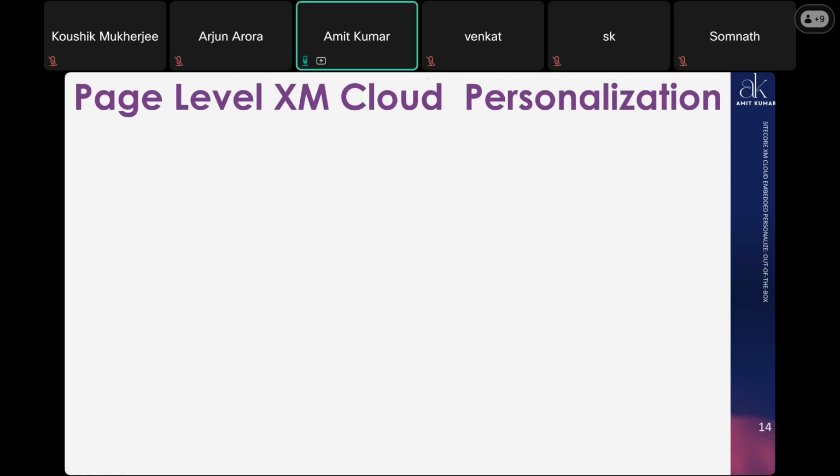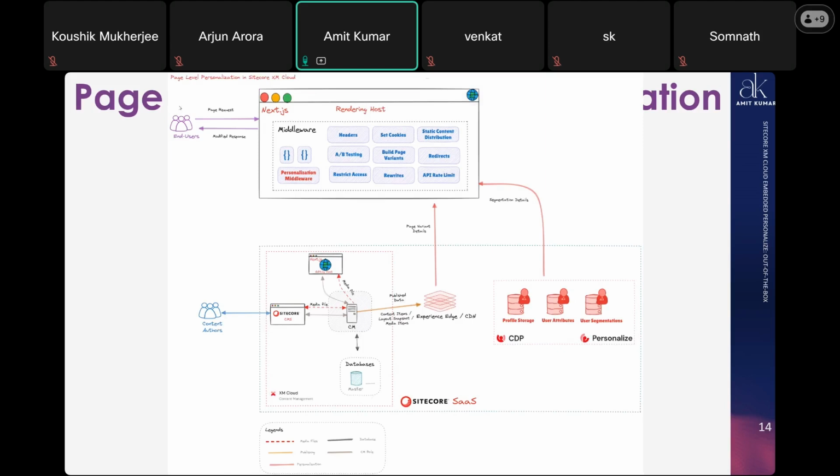So now coming to how page-level personalization works in XM Cloud. Let's first check: is the diagram clearly visible, or shall I zoom out? It's all visible. Okay. So if you are able to see that,